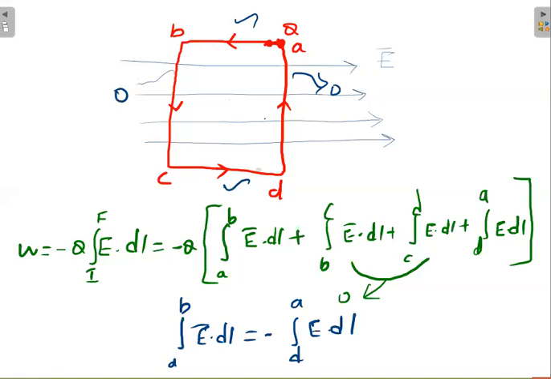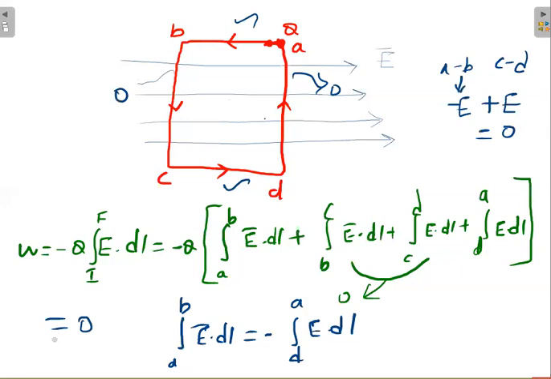For example, you spent some energy. Spending energy is negative. Now you got some energy. While going from A to B, you are spending energy. While going from C to D, you are gaining energy. So what is the total energy? Zero only. So what I'm trying to tell is, your final answer is zero.